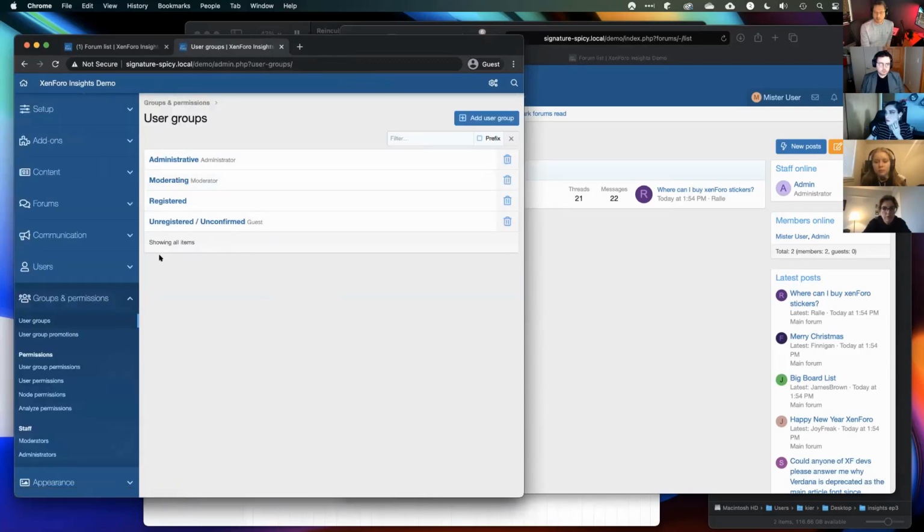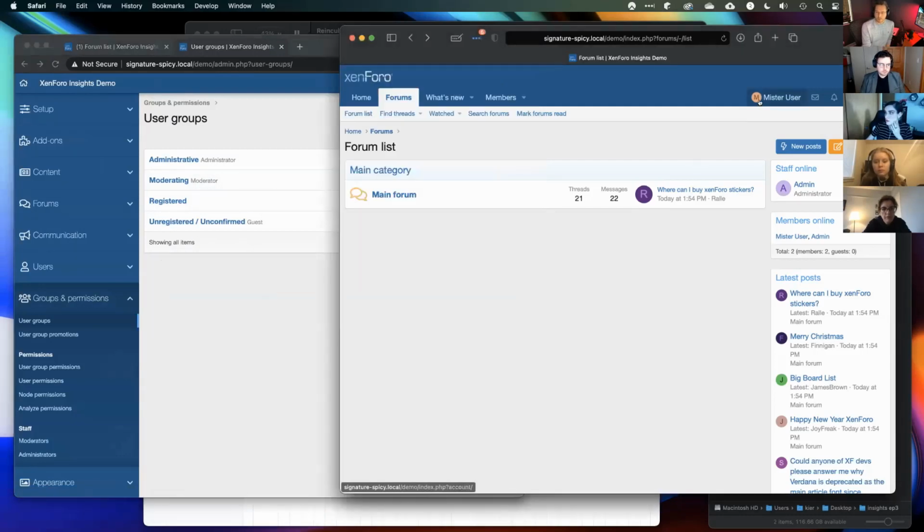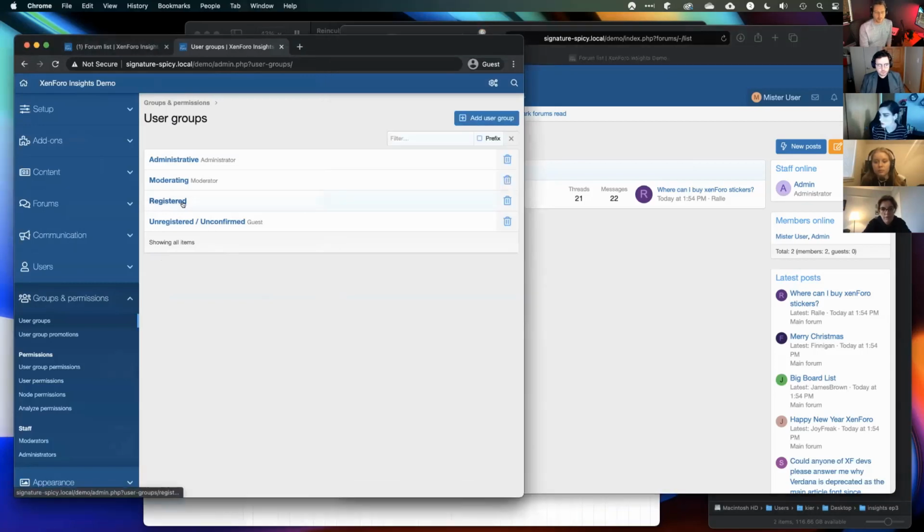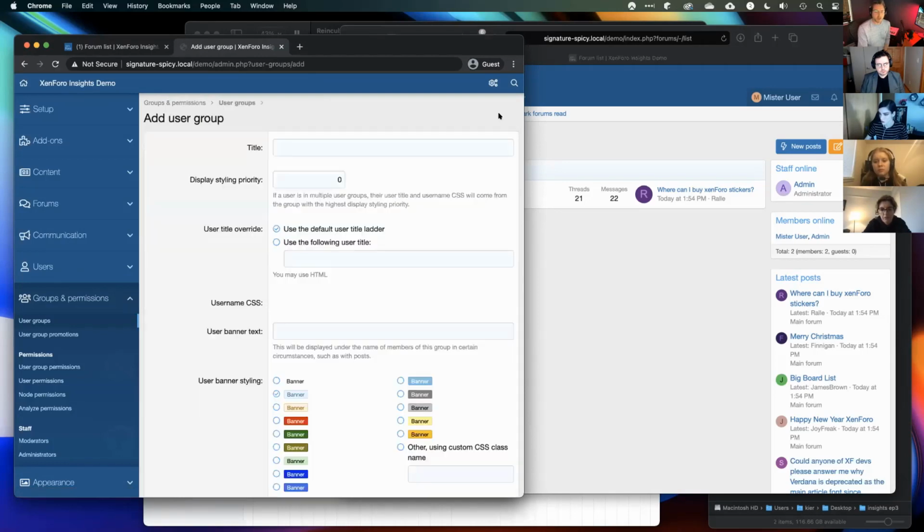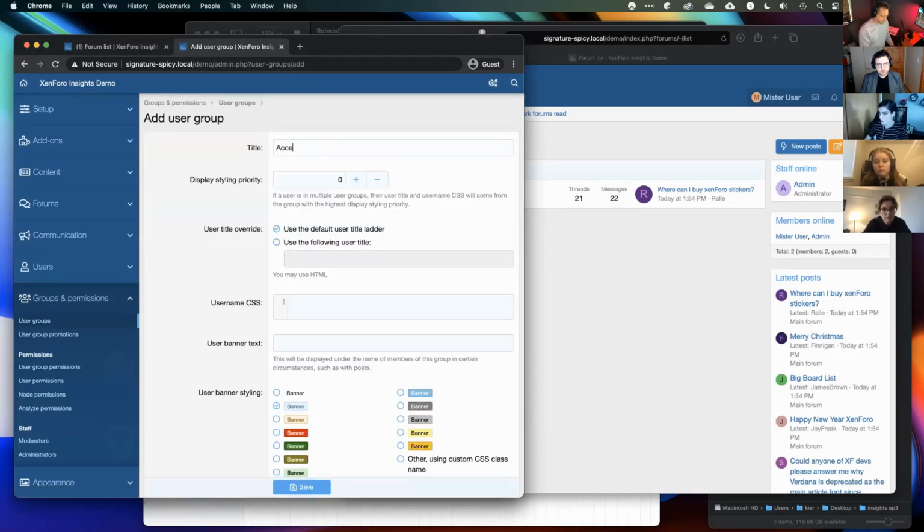They're all pretty self-explanatory, but users who have just recently registered and haven't had any other changes will belong to this registered group. And we know for a fact that the registered user group has had their viewing permissions for that restricted forum revoked as a result of that toggling of the private forum, private node, I think we call it. But what I want to do now is create a new user group, and we'll call this